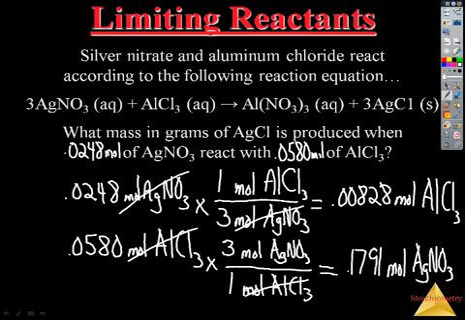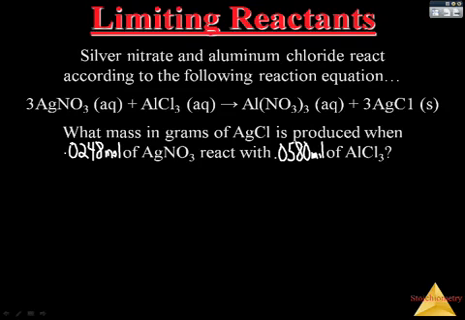So, now we know what the limiting reagent is. That's the number that we use to calculate the amount of product that we're going to end up with. If your limiting reagent is going to run out and stop the reaction, at that point, that's the amount of product you're going to end up with. So we use the limiting reagent amount to calculate what the problem actually asks for, the amount of silver chloride produced. So once you figure out